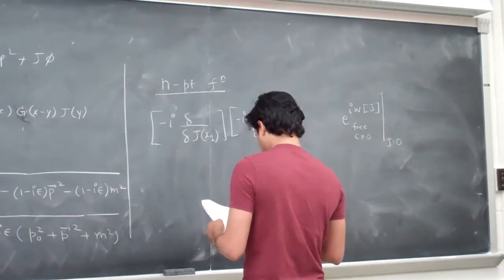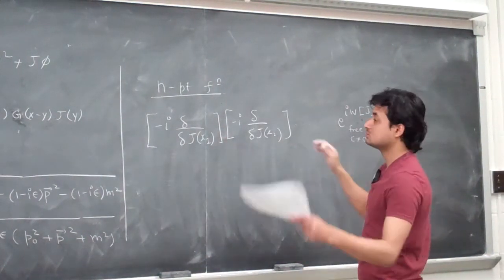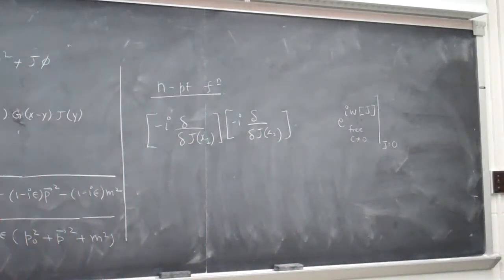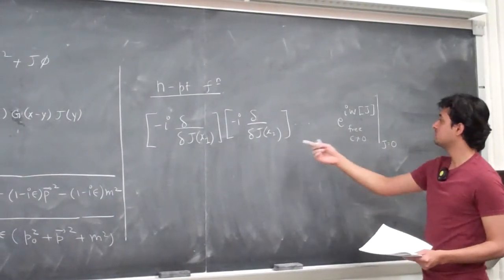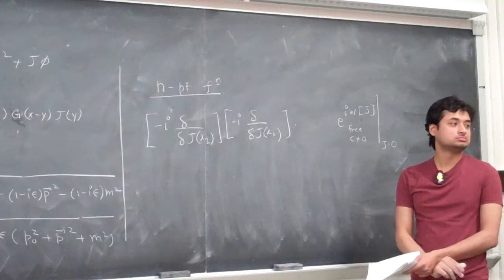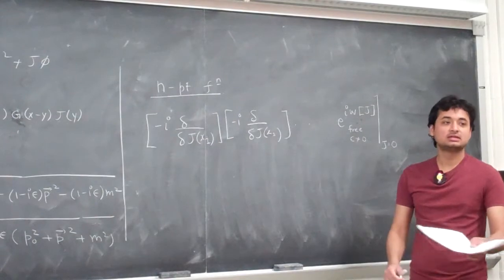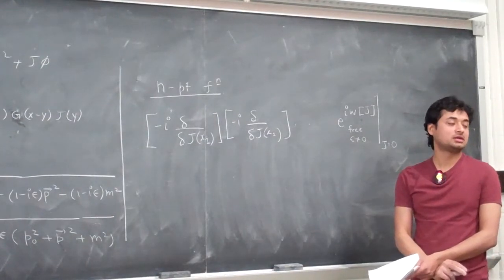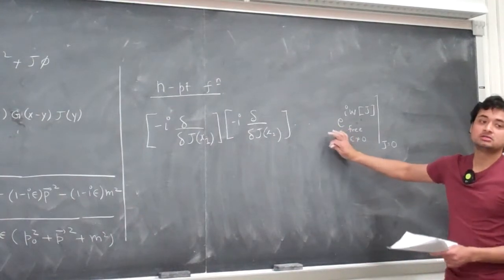All right. But we already know the answer for this guy. We already calculated that, right? This, which was equal to the omega omega, which is equal to this, which is equal to this. We already know the answer, right? So we just have to differentiate n times the exponential and then set J equal to 0. Right? Now here is what I'm going to say, and then maybe it will be clear, or maybe I'll try to make sure that it makes sense. The only way you will get a non-zero answer here